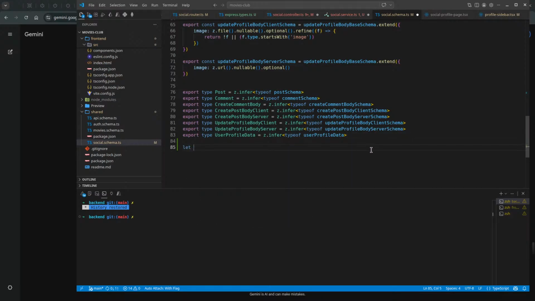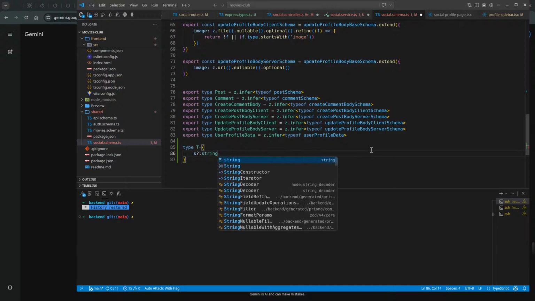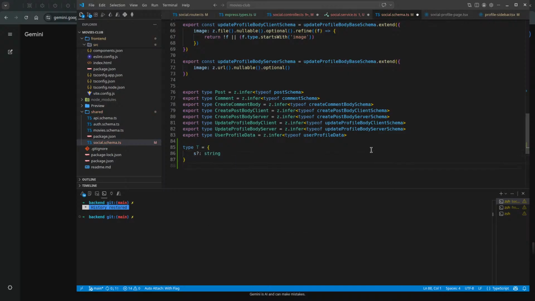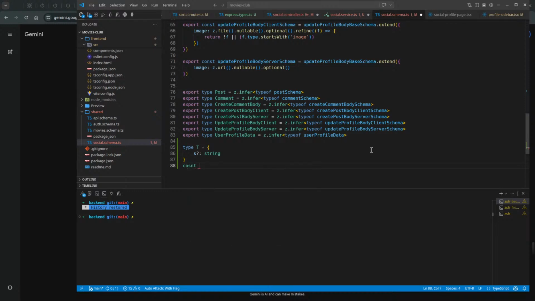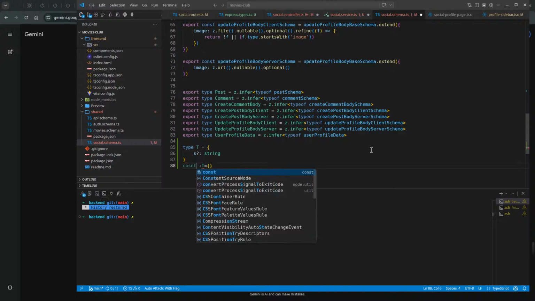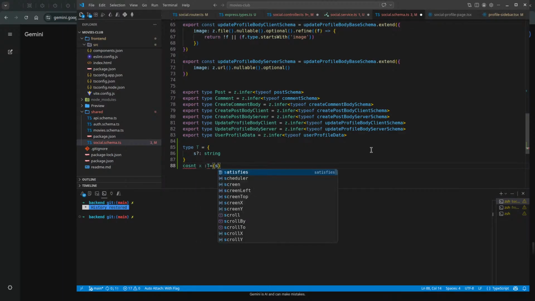If we say let t be string, it doesn't mean that t is equal to undefined.